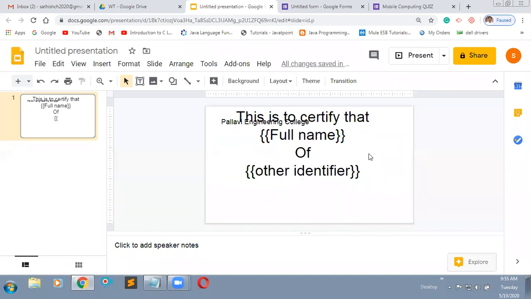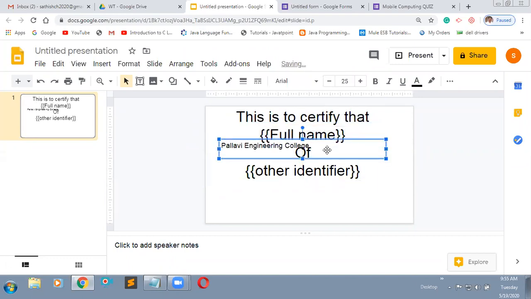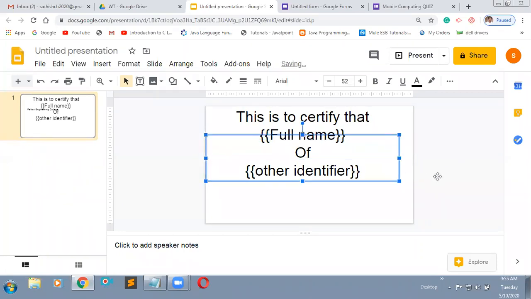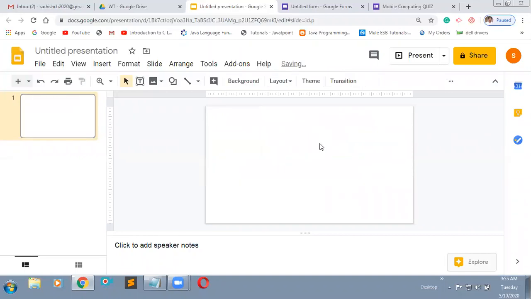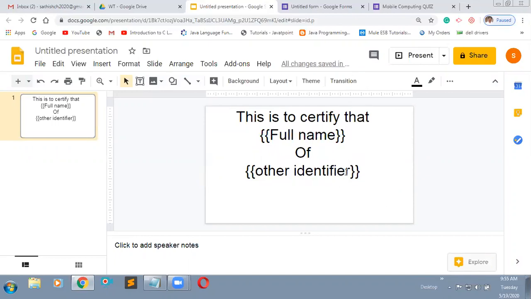Simply, I'm taking the name of the participant and the college of the participants. That I'm going to print.